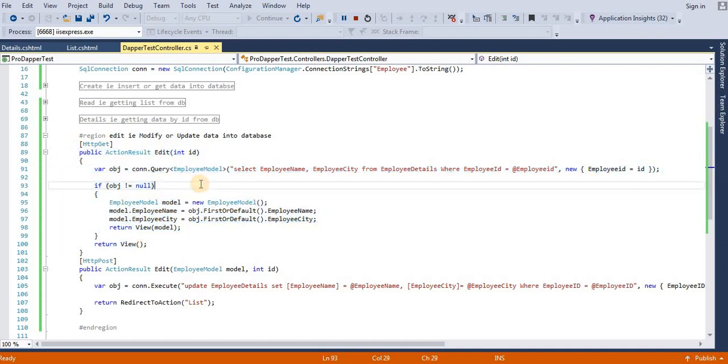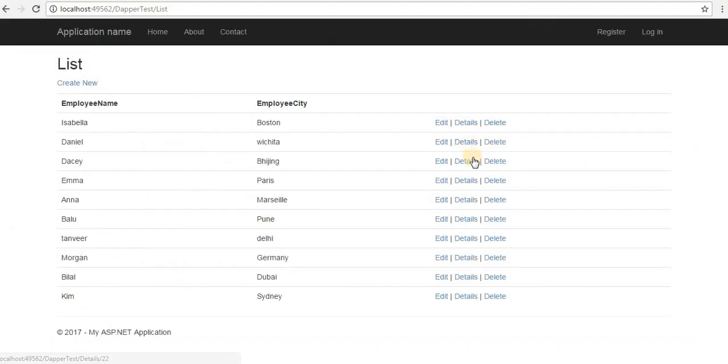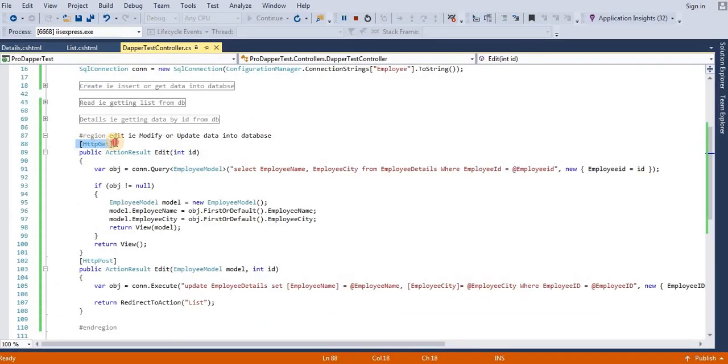In that method I am using the Query extension method of Dapper and passing it into a variable, and I have written this query to get the data of a particular employee from our employee table, identified by this ID. See here at the bottom we are getting ID 23, 24. This is for GET, and in POST we are editing our fields like employee name and employee city.